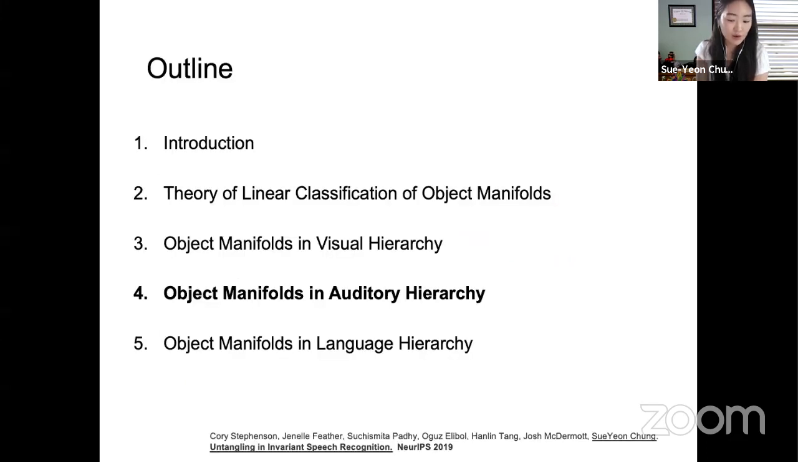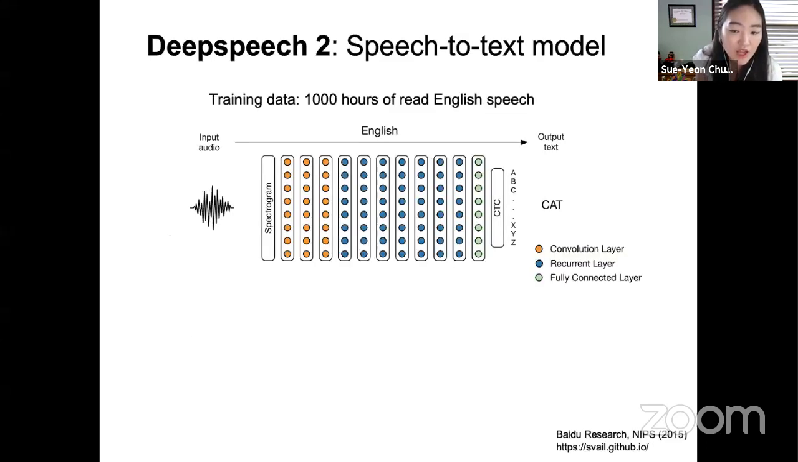Now, I'll quickly go over the applications in other modalities. This metric doesn't care about the modalities. You can apply it on any representations that have well-defined categories. So what we went ahead and did was to take the